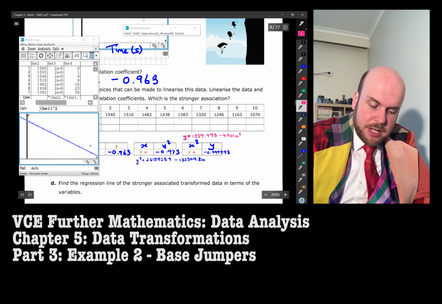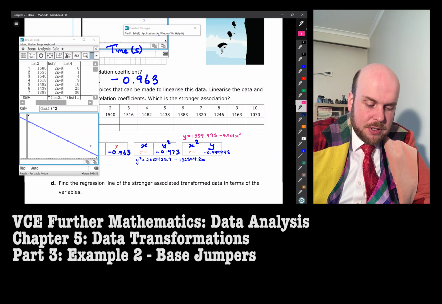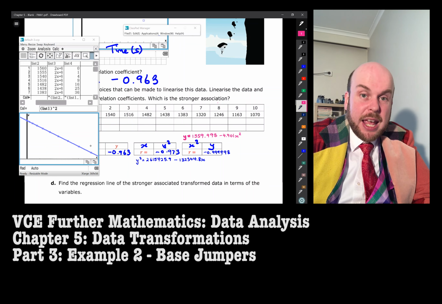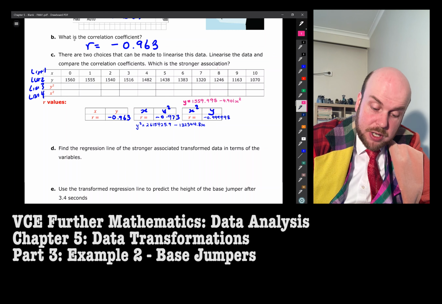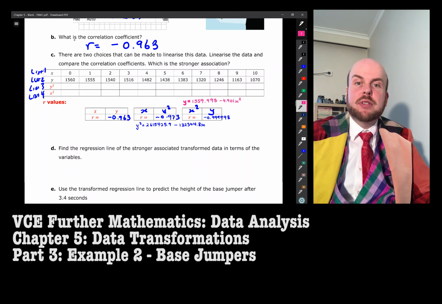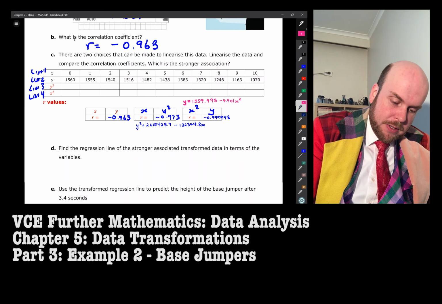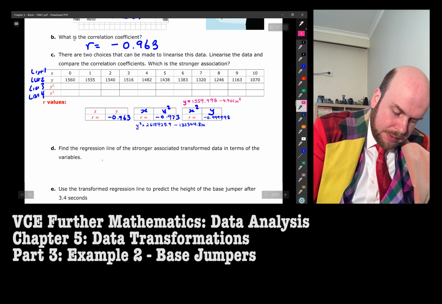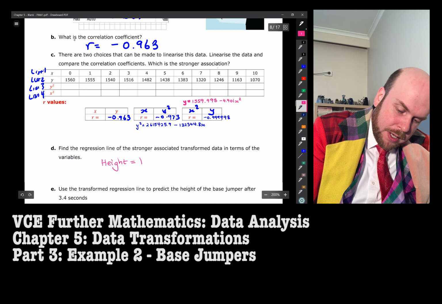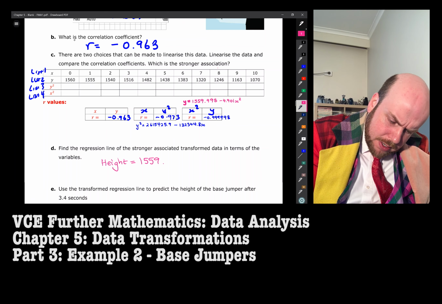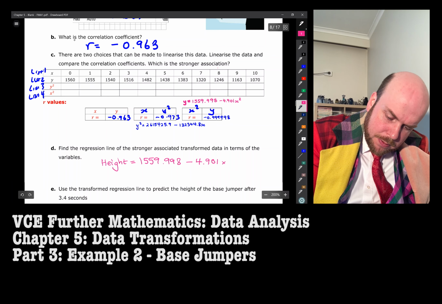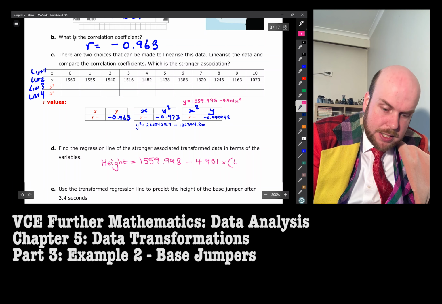Which is the stronger association? That's clearly this one here, because not only is it stronger than these, it's very much a straight line. Find the regression line of the stronger associated transformed data in terms of the variable. So this is our worded equation. We're going to write this was the height, and this is equal to 1559. Does it say how many decimal places? No, I'll just put 3 just for the lols. 4.901. And this time we need to write, this is time